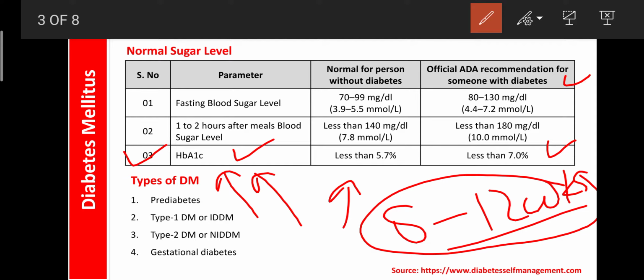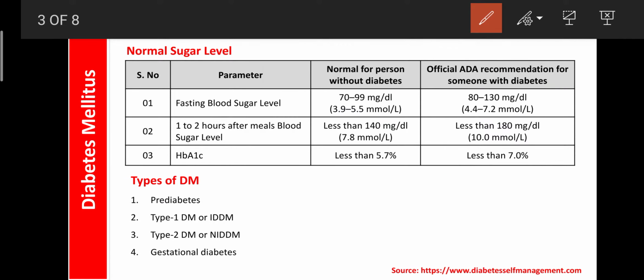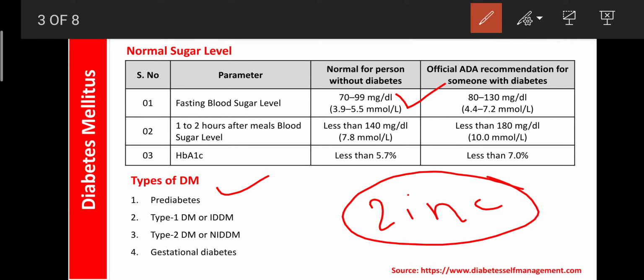And dear students, here the diabetes mellitus is mainly classified into 4 types. Pre-diabetes: it means that candidate does not suffer from diabetes mellitus. He does not have any family history, but his sugar level is more than 120 normally, in this range. That condition is known as pre-diabetes. Here, simply consuming a multivitamin containing zinc is helpful to reverse pre-diabetes.